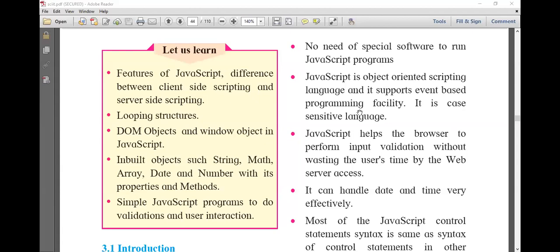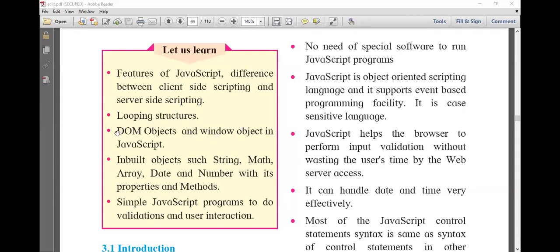In JavaScript, the main focus should be on the for loop structure, because the for loop is very important. This for loop is used in each and every programming language. Whether you study Python, C, C++, or pure Java programming, when you study any programming language, there will be the loop structure, that is the for loop. So the for loop is very important because it is common to all programming languages. Here we are going to study looping structures in JavaScript.